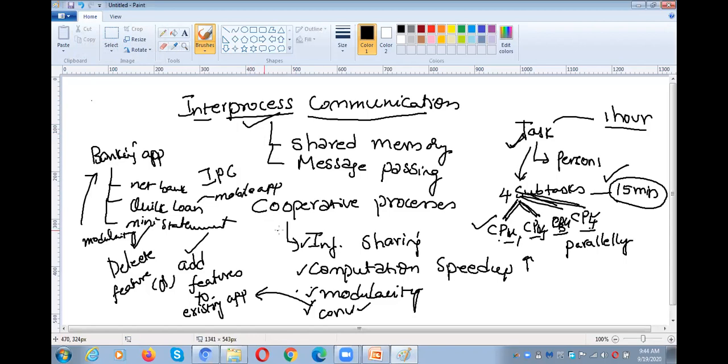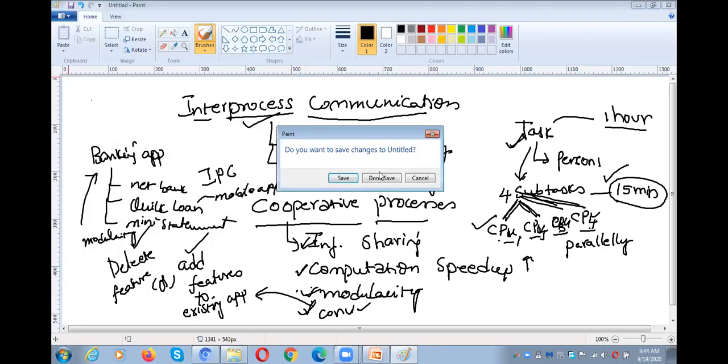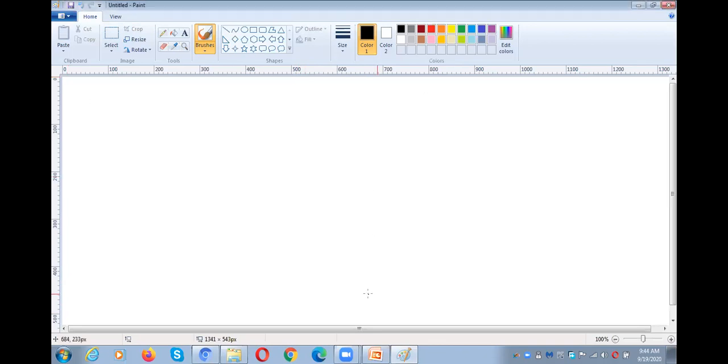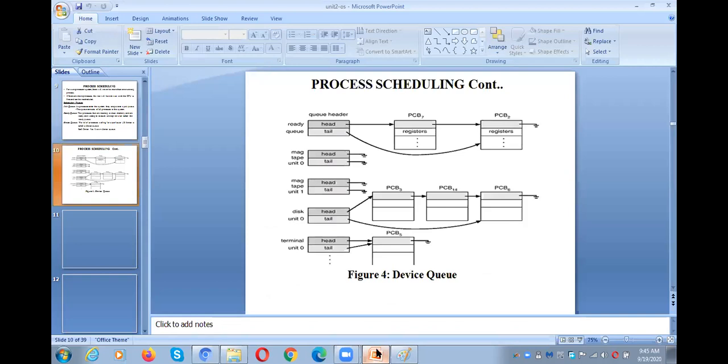If the two processes are cooperative, then they are willing to share the information with each other. So what are the benefits of cooperative process? Information sharing, computational speed up, modularity, and convenience. These are the advantages of using cooperative processes. You can observe the same in the PPT also.